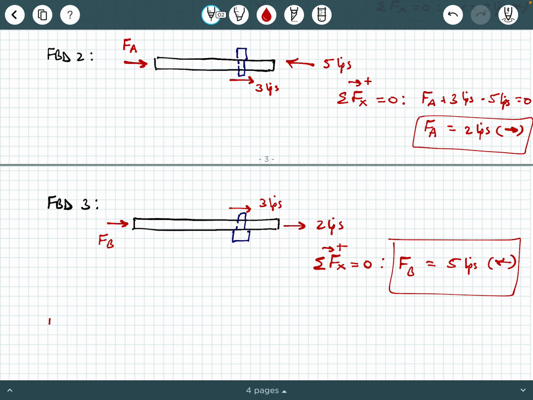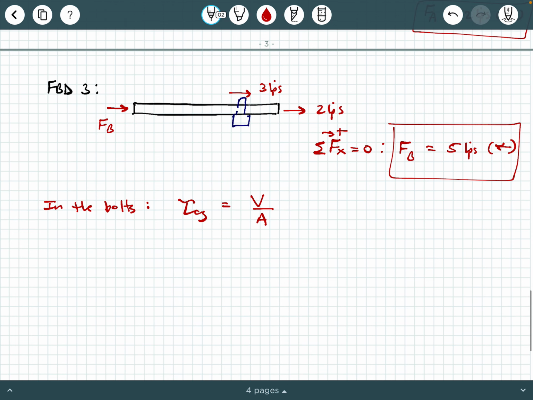So we're going to say in the bolts, as 2 bolts actually, we have tau average equals V over A, all right? And what's A? A is the cross-section area of the bolt, so we're going to say pi times 0.75 inches squared over 4. We were told in the problem statement that the bolt was 3/4 of an inch in diameter. So I'm going to say 0.75 squared times 3.14159 divided by 4. So we get 0.442